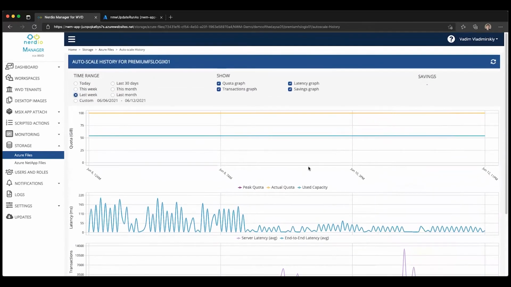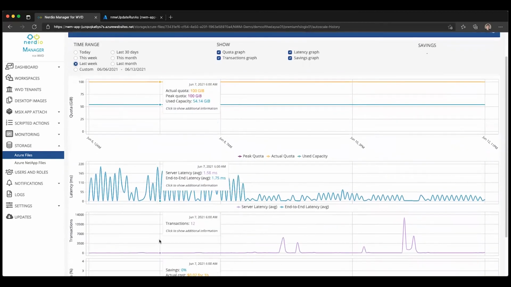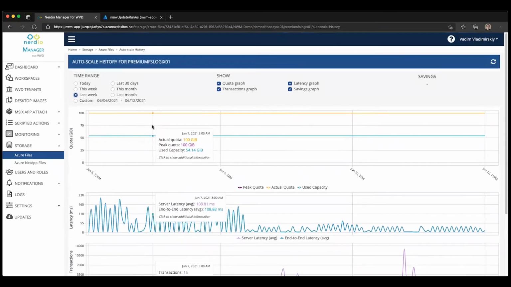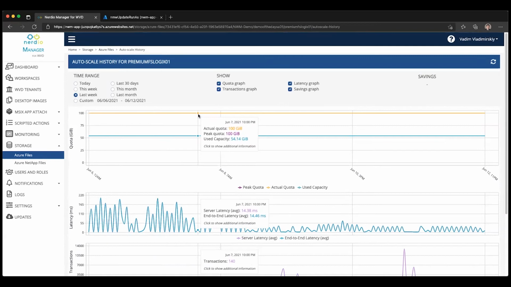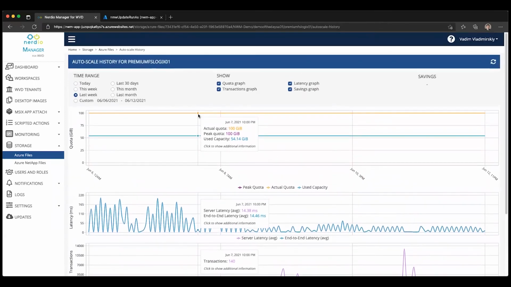But if this was a heavily utilized environment, you would see the latency, how it changes relative to the number of IOPS, and then how the quota is automatically responding with scale out and scale in events. We can select a point on the graph and learn more about it by simply clicking on it or mousing over that point on the graph, and you can see the information. You can see how much actual quota, what the peak quota was, how much used capacity at the time, what the server latency average and the end-to-end latency were,